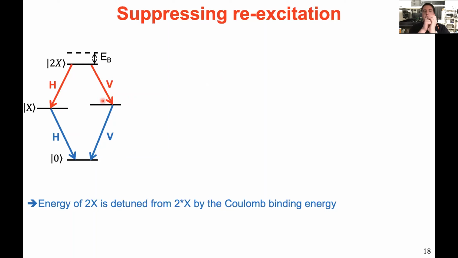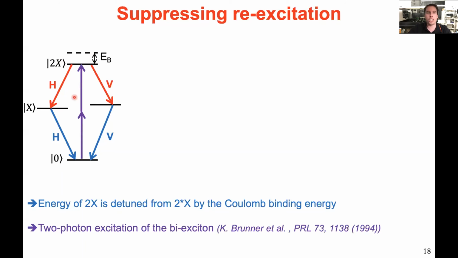And this is really nice about the electrically contacted quantum dots, that we can deterministically charge them with a single electron and then use the trion as a model 2-level system, or we can work with an uncharged quantum dot and work with this exciton-biexciton cascade. So in this system, the biexciton, so 2 electron hole pairs, have a slightly lower energy than twice the exciton energy, because of the Coulomb interactions of the involved charge carriers.